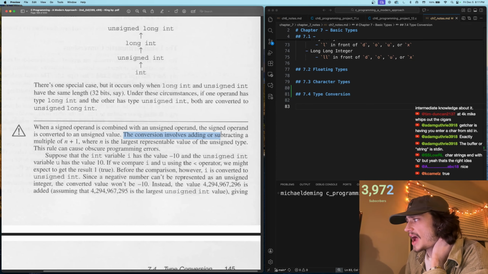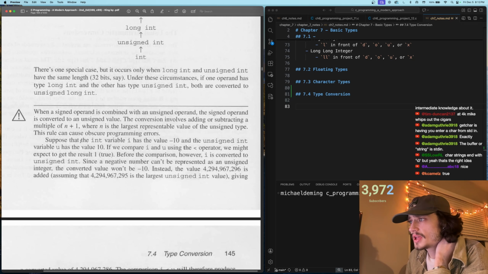The conversion involves adding or subtracting a multiple of n plus 1, where n is the largest representable value of the unsigned type. This rule can cause obscure programming errors. Suppose that the int variable i has the value of -10, and the unsigned int variable u has the value of +10. If we compare i and u using the less than operator, we might expect to get the result 1, true. Before the comparison, however, i is converted to unsigned int, since a negative number can't be represented as